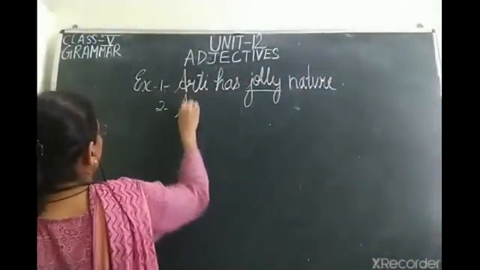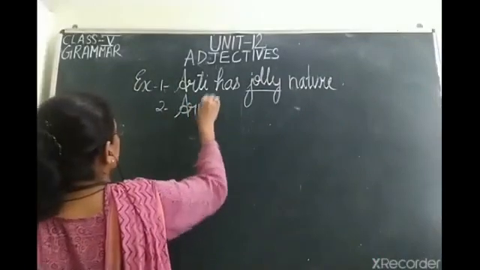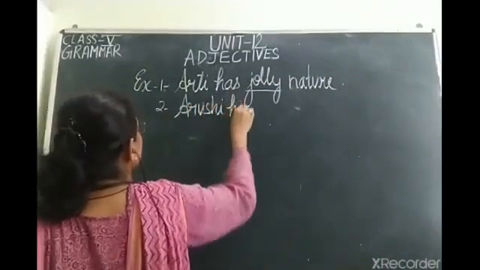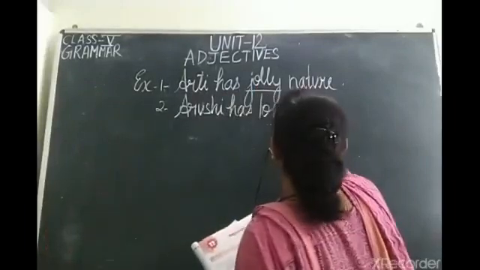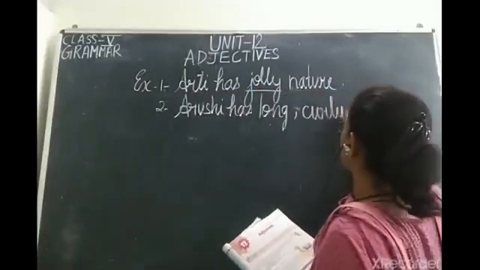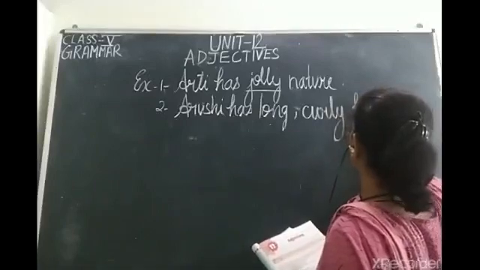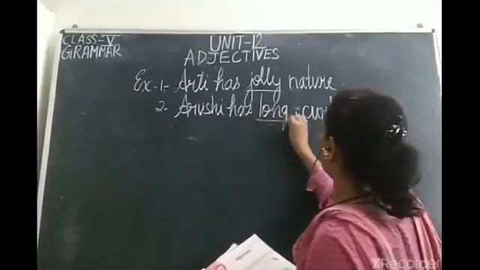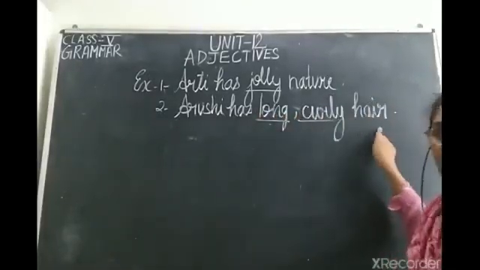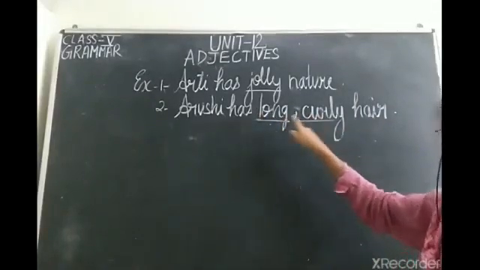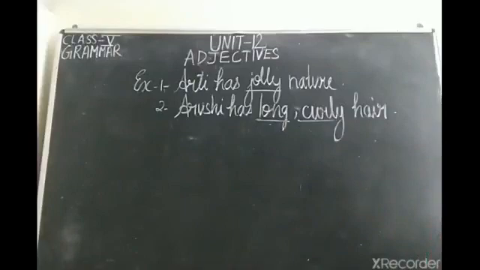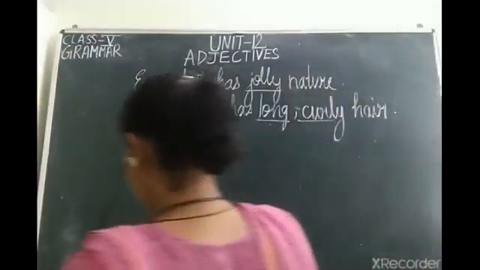Next is Arushi has long curly hair. Fine. Now, long and curly describe the hair of आरुषि। तो ये क्या है बेटा? लॉन्ग कर्ली क्या है? एडजेक्टिव्स। फाइन।